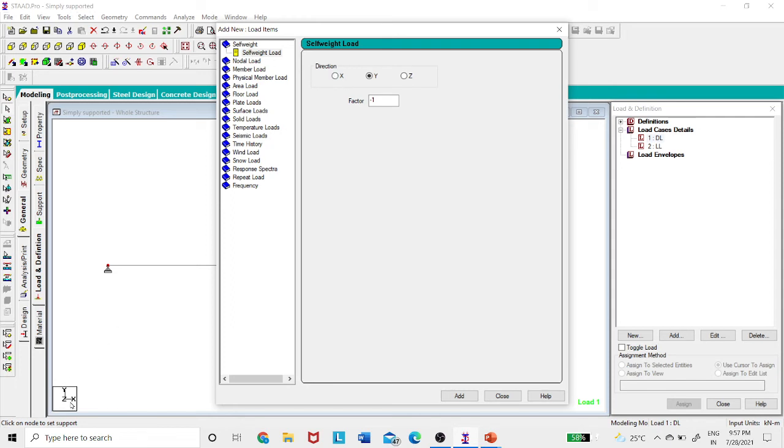Okay, you can see here at the left bottom corner there is XYZ. This coordinate system is called global coordinates. According to that, the loading and all we will give in terms of the global coordinates. The direction Y means it is in the Y direction, and -1 indicates the actual Y direction is up but my loading is down. So if you are indicating down, it's opposite to whatever the global Y is, that is -1. Then you press add.